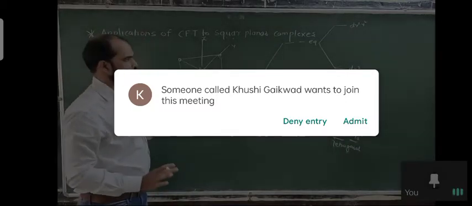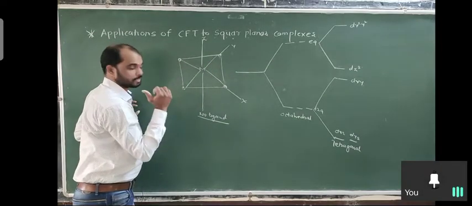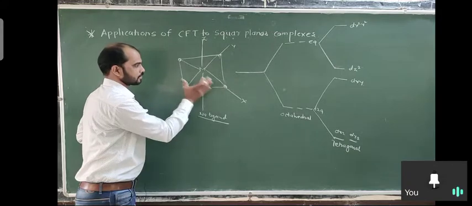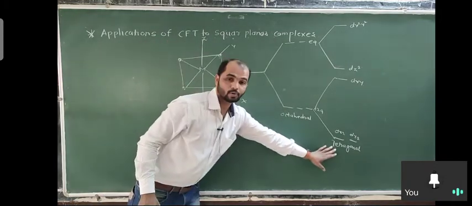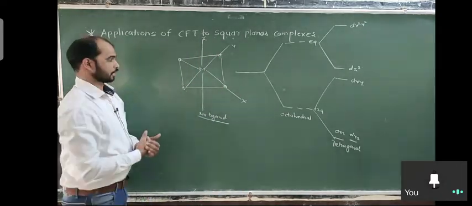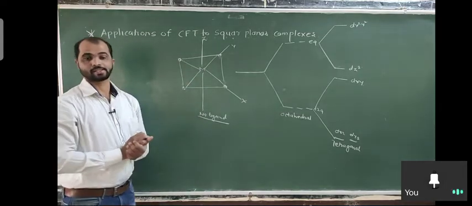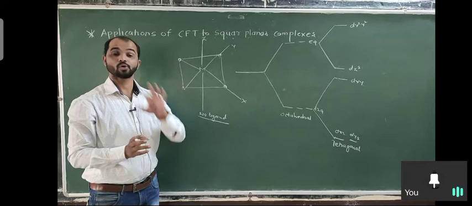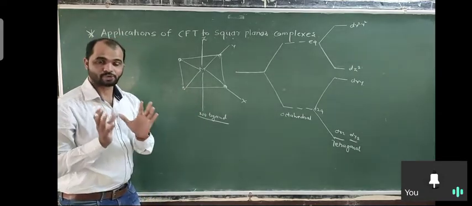But mostly the distortion happens here in octahedral complexes. That means it is a tetragonal distortion. So it is an octahedral, this is a tetragonal field. So what happens in a square planar? It is very important. In a square planar, there is no z axis. Z axis is there but no ligand on the z axis, meaning there is no interaction of ligand on the